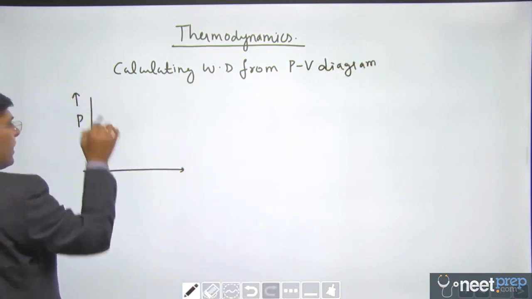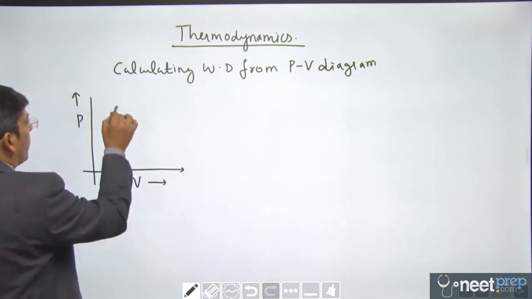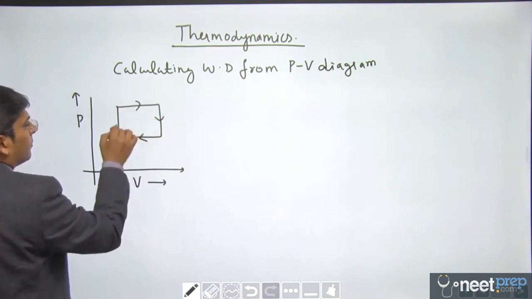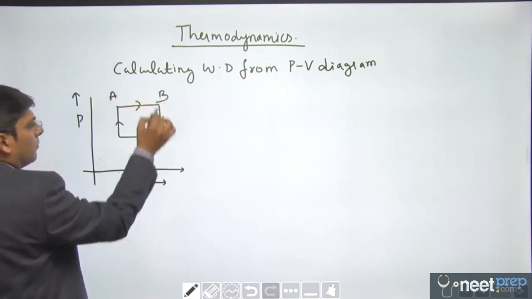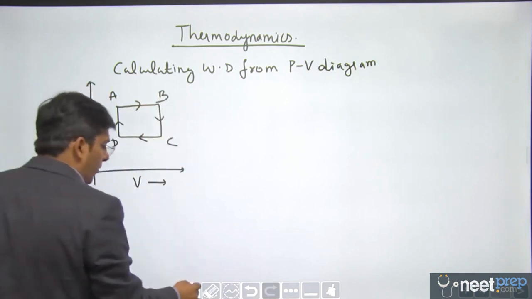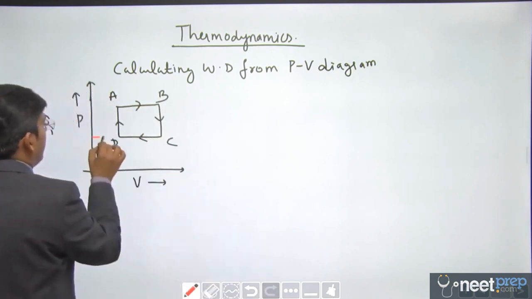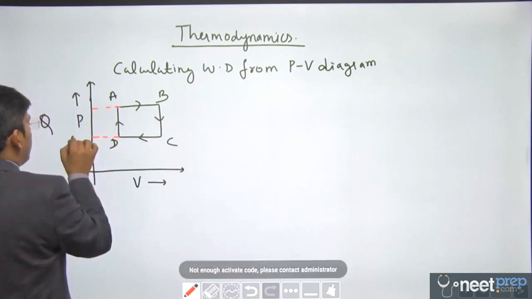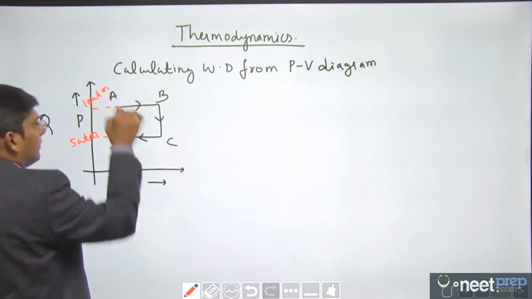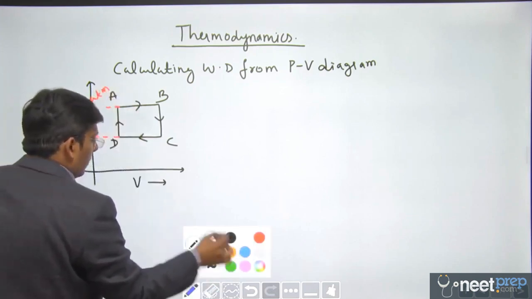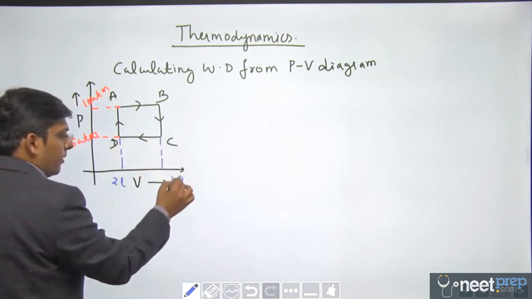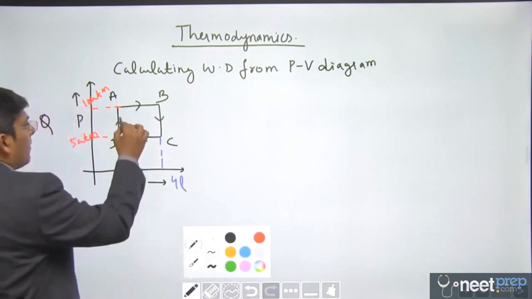If you have a PV graph like this, and you are asked to calculate the work done during the process ABCD. See, let this be 5 atm, let this be 10 atm. Let the initial volume be 2 liters and the final volume be 4 liters. See, work done is the area bounded by this graph,